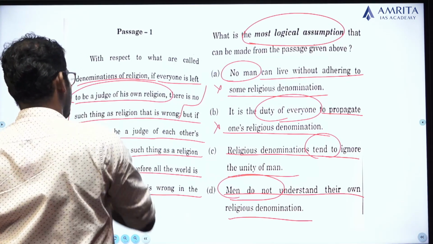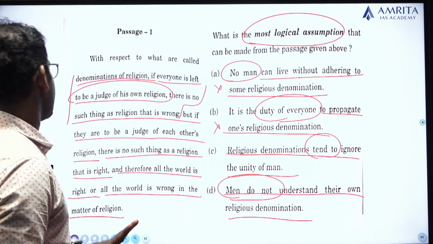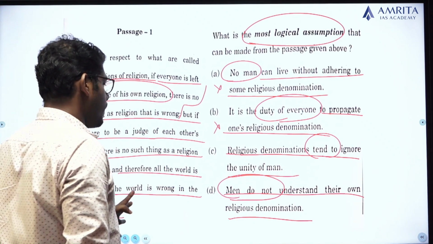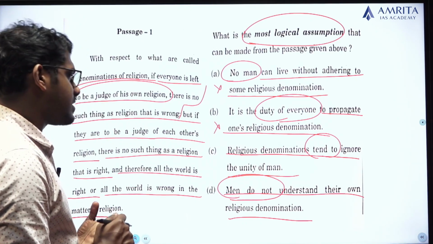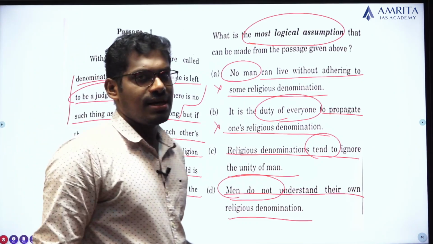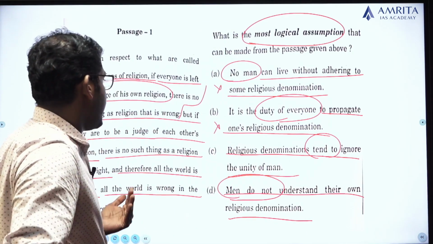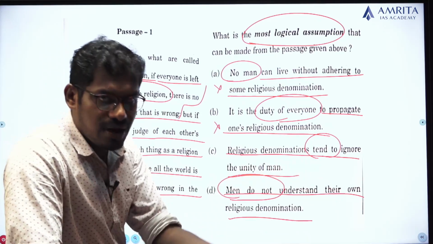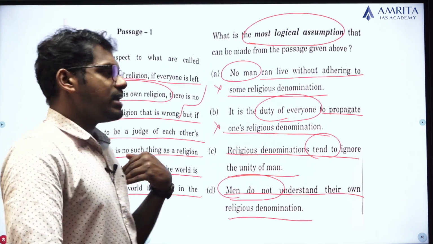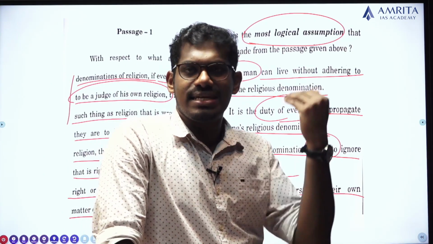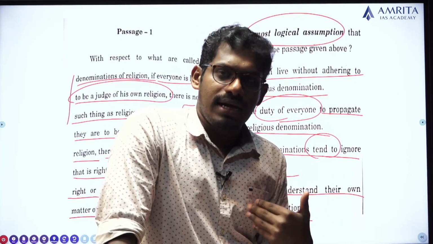Okay, take this particular portion. If everyone is left to be a judge of his own religion, there is no such thing as religion that is wrong. The last option is men do not understand their own religious denomination. See, men actually are treating their own religion as correct and treating the religion of others as wrong. That is a basic idea of the passage. So, treating one's own religion as good and treating the religion of others as bad creates a gap or